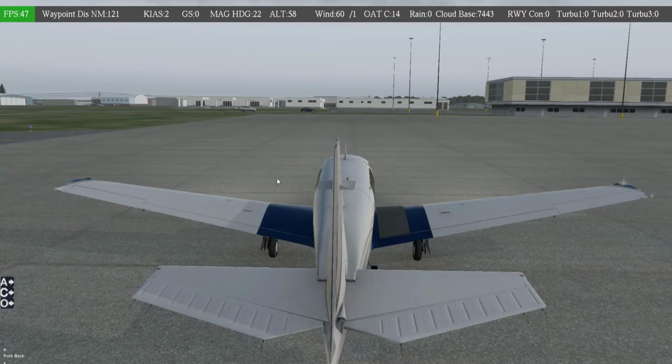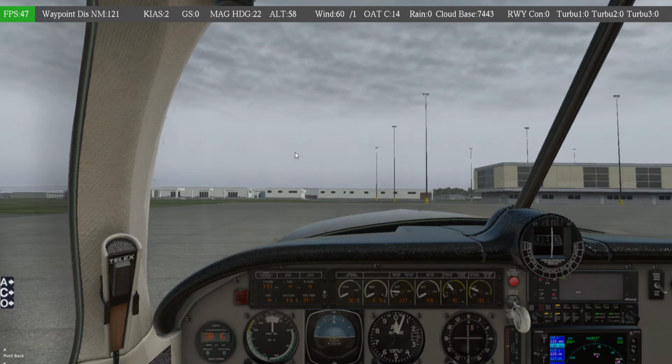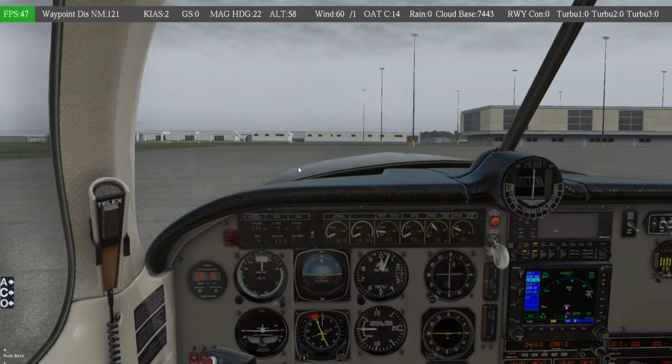Hello and welcome back. Today we are back here at Roskilde Airport and we are going to fly a flight here in the Alabeo M20R Ovation, and I will talk a bit about the